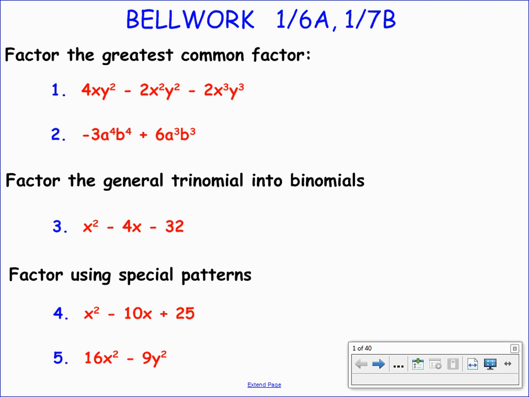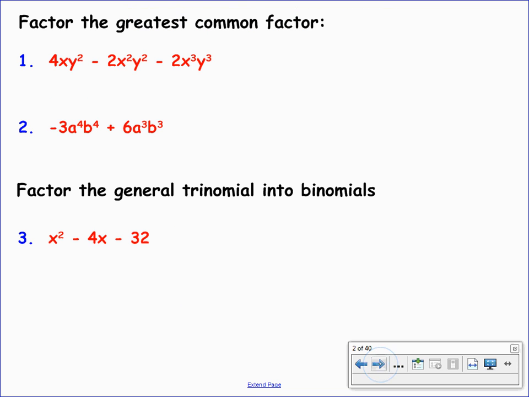Welcome, ladies and gentlemen. Let's go ahead and factor out the greatest common factor. So we first want to scan the terms in number one and see what's the greatest common factor present in each of the original terms. And it looks to me like they all share a 2. They all have x's and they all have y's. But the greatest common factor includes the largest number of x's and y's that we could factor out from